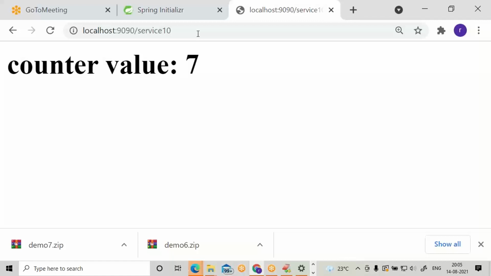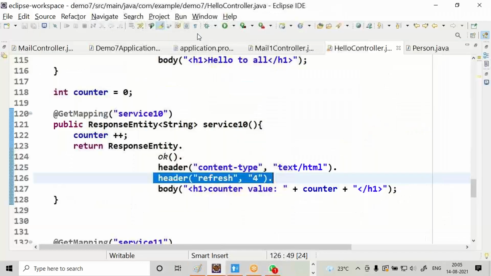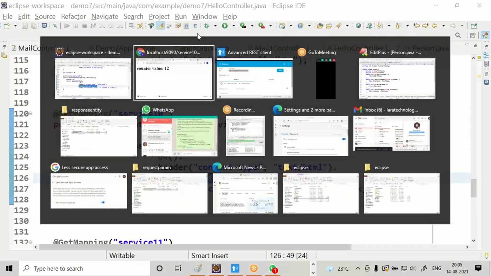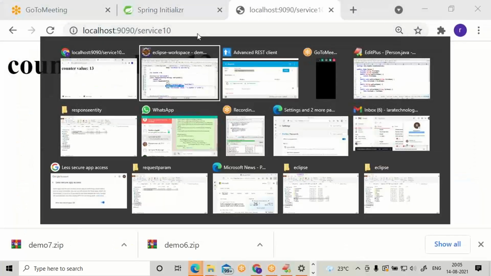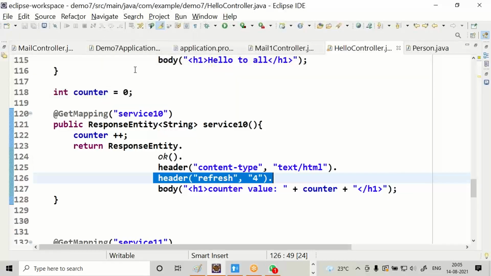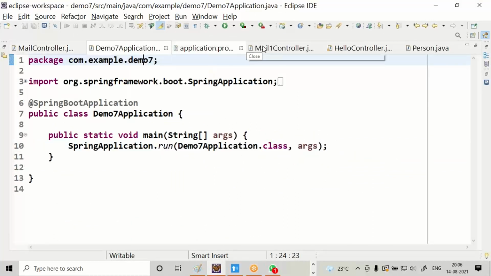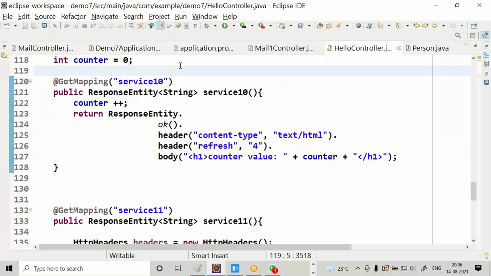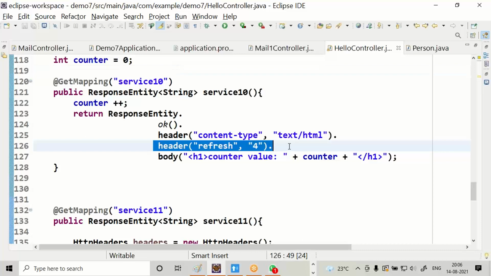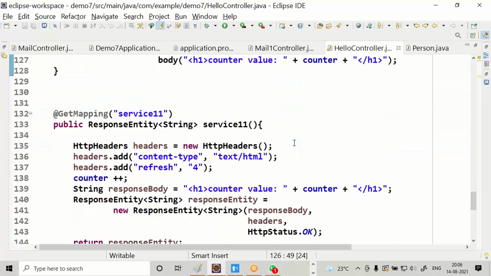Refresh is one of the response headers. If the web service sends that refresh response header, then the browser will automatically make a call after the specified number of milliseconds. It's very important, guys. Refresh.